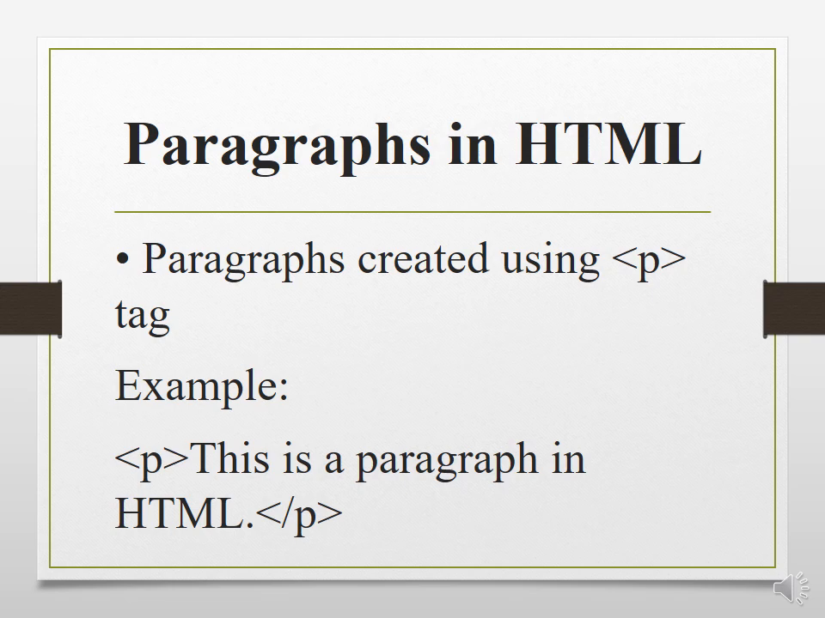Next, we will discuss paragraphs. Paragraphs are blocks of text that group related sentences together. In HTML, we use the angle bracket P, close the angle bracket tag to create a paragraph. Each paragraph starts with the P tag and ends with /p angle bracket close. For example,